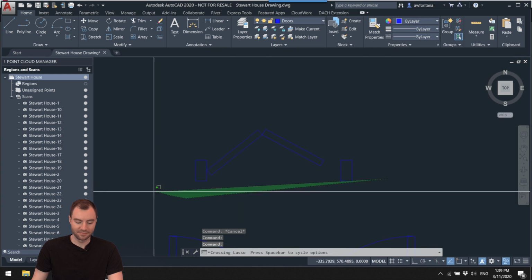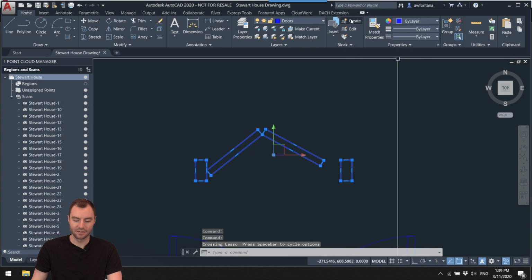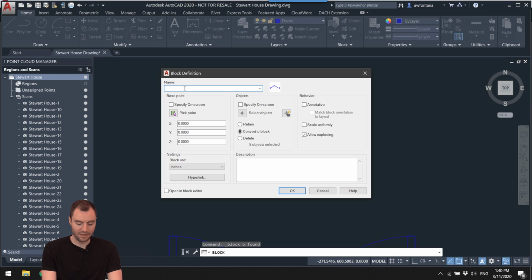Okay, that looks okay. I'm gonna create a block out of this and call it a